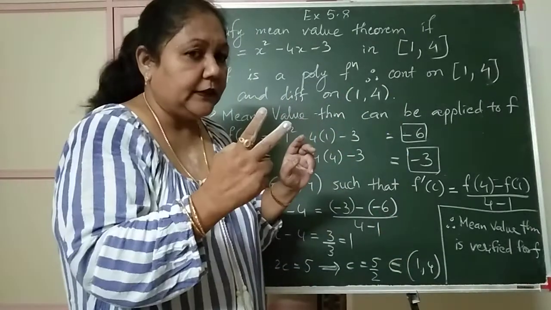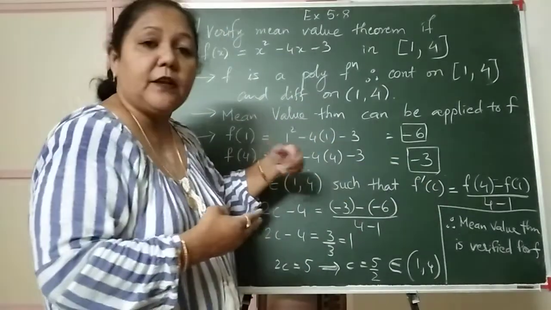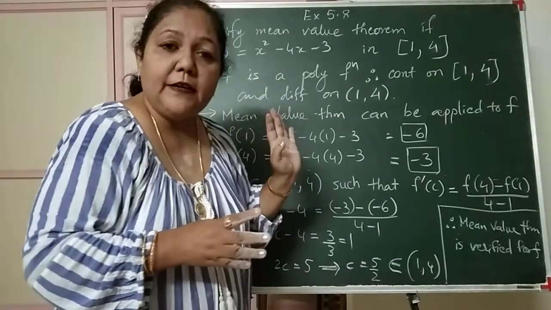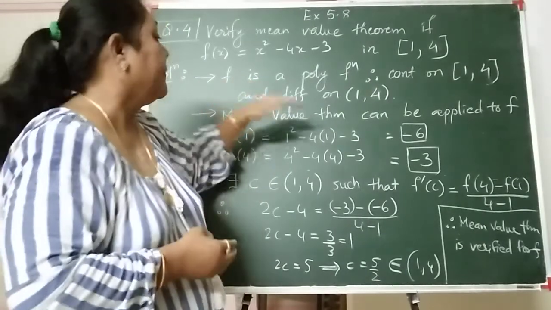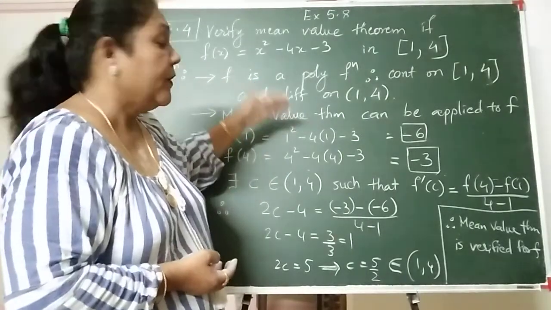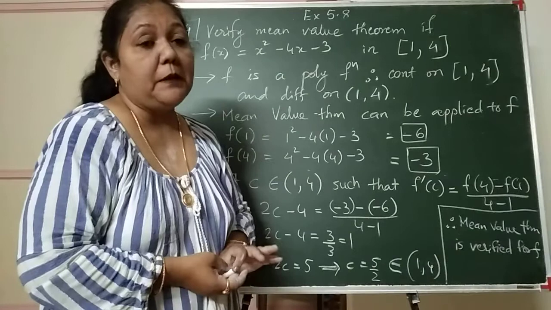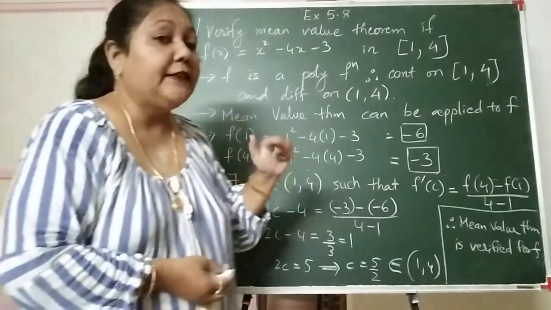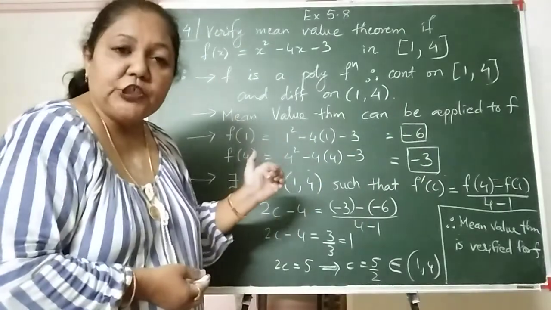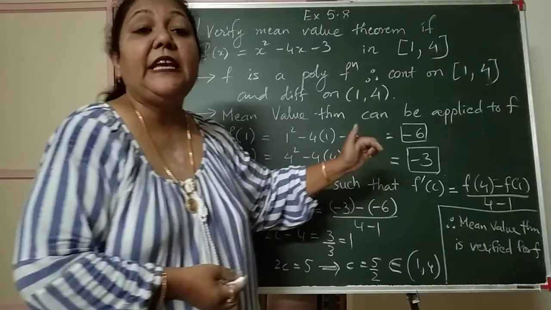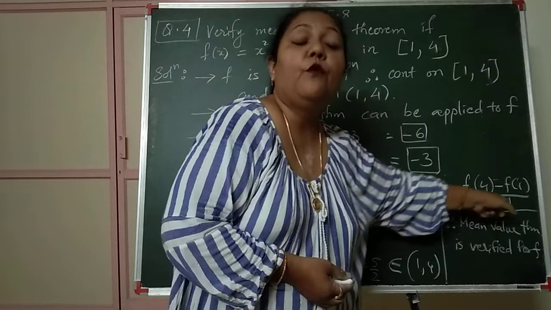Okay, Rolle's had two conditions. Then you used to say that now Rolle's theorem is applicable. But mean value theorem has only one condition, that is continuous and differentiable. So yes, the second condition of Rolle's is not there, so I will say yes, mean value theorem is applicable. After that I have to find f of a and f of b. But now, in Rolle's the condition was f dash of c should be equal to 0. But here f dash of c has to be equal to f of 4 minus f of 1 upon 4 minus 1.